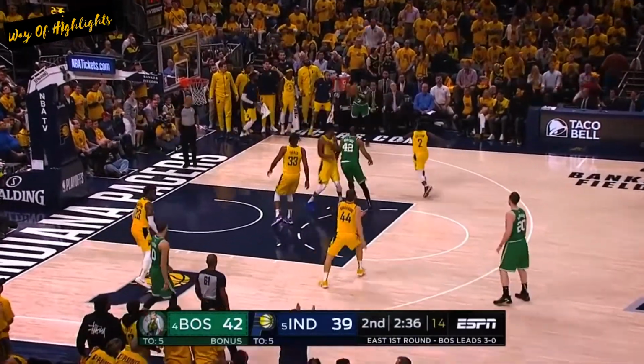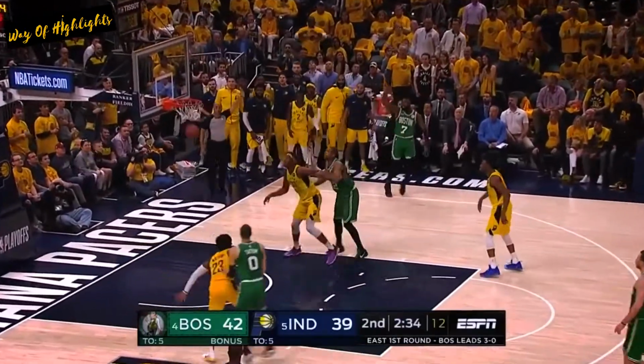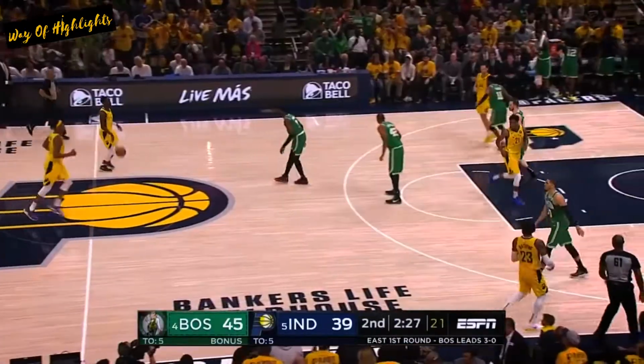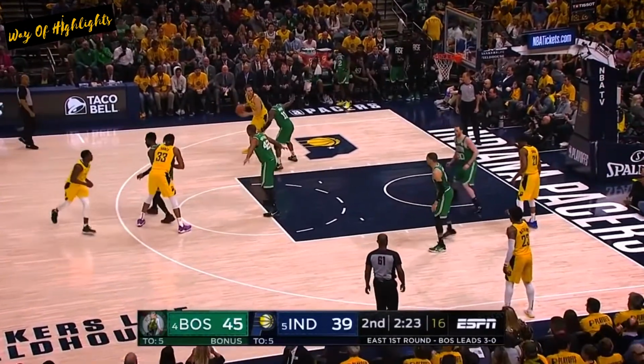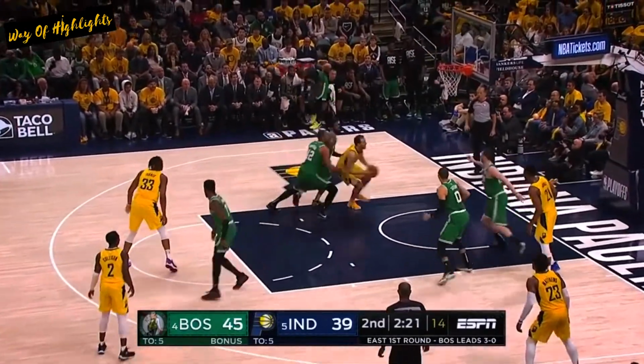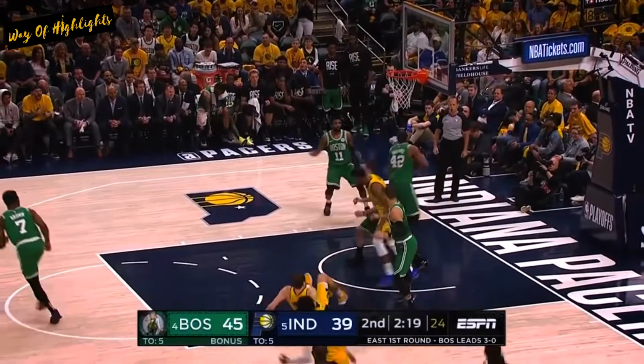Who wants it? Nice pass by Horford. What a great pass. Jaylen Brown hit Horford. Horford immediately turned and knew one thing: the man was on him. The corner was open. 6-point lead for the Celtics. Bogdanovic with...